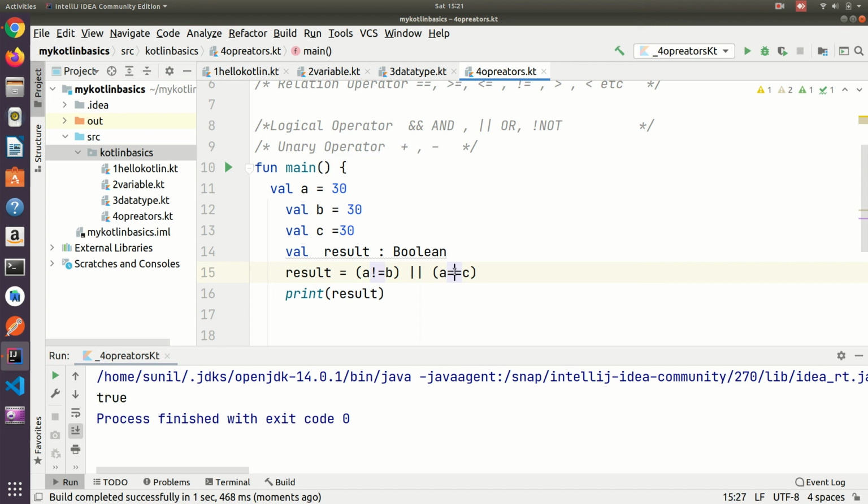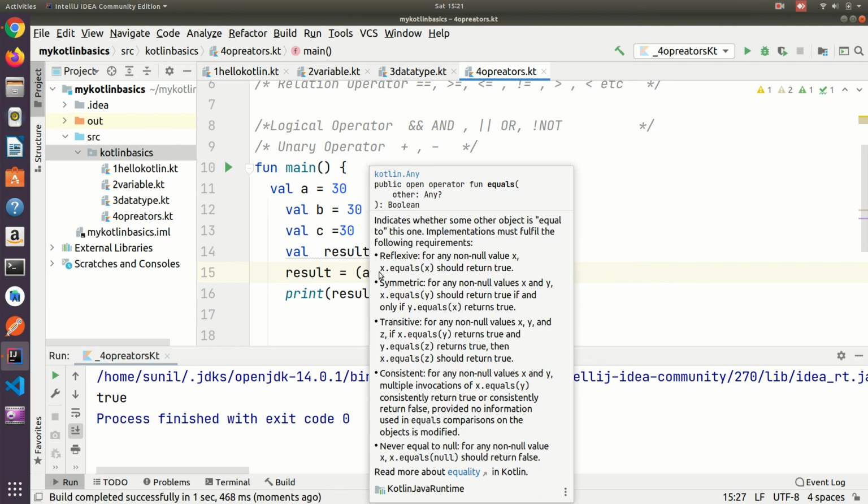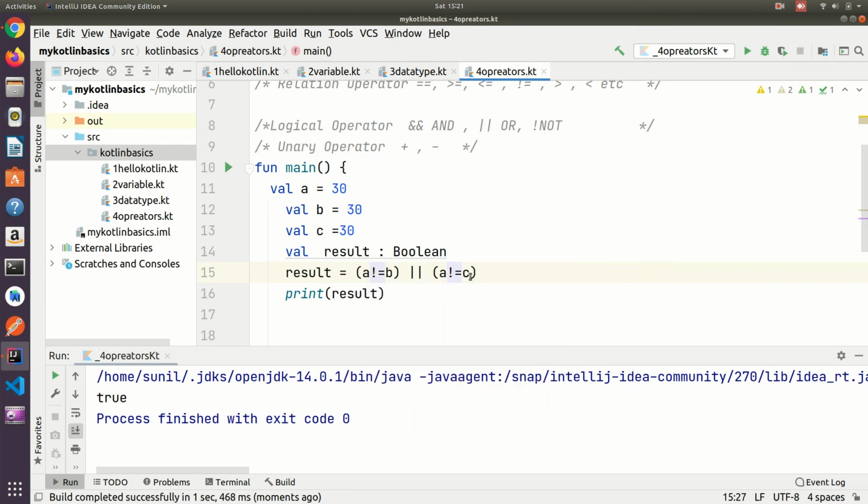If I change it to not, in this scenario a not equal to b and a not equal to c, this is false, this is also false because a is equal to c and a is equal to b. This time it will be false.